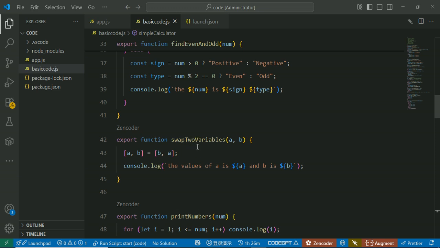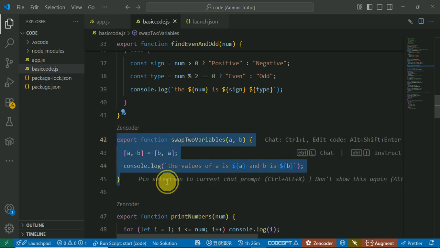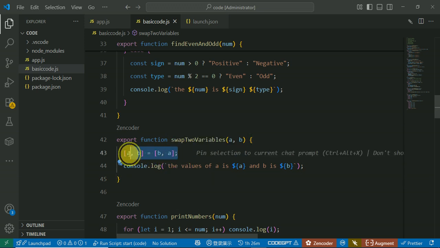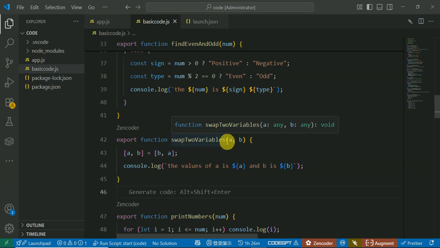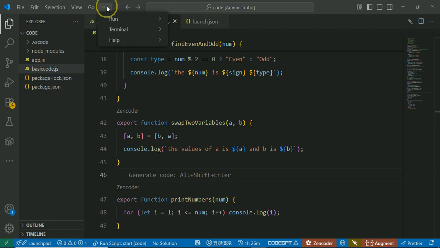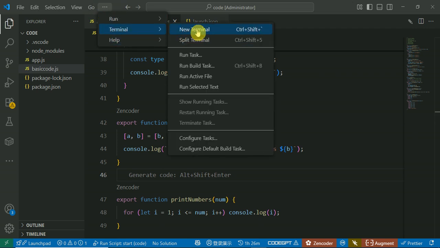So this particular function is for swapping two variables. The core concept of this function is not to just show how to swap two variables, but to show array destructuring in JavaScript. So this is how we exchange the value of A to B and B to A. So let me run the terminal and